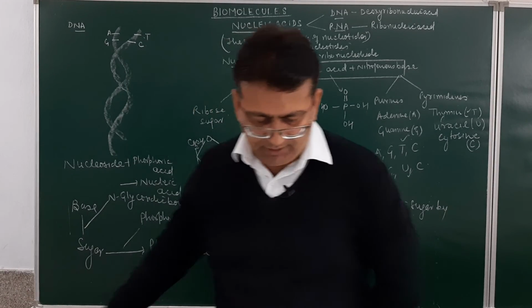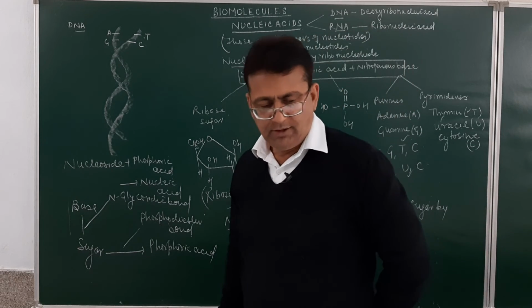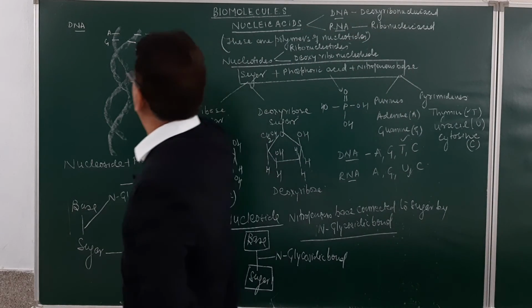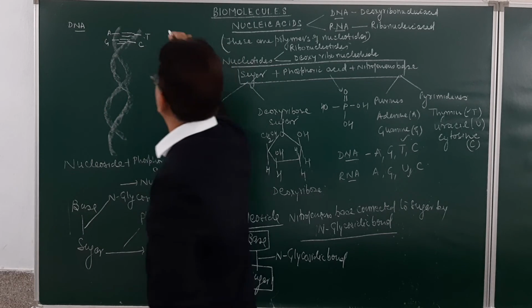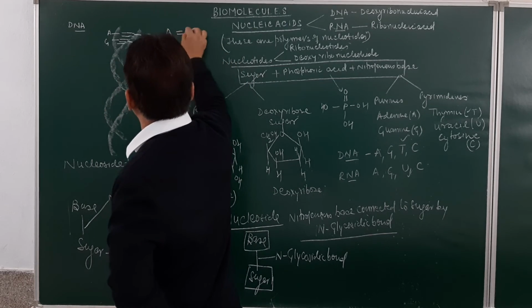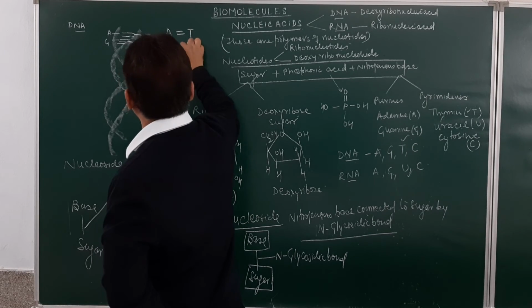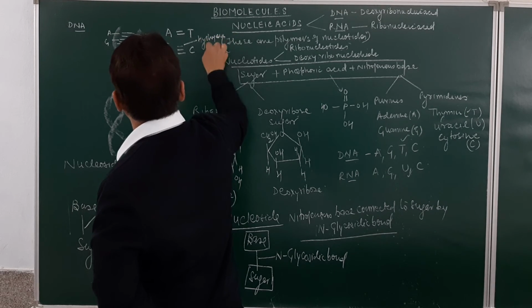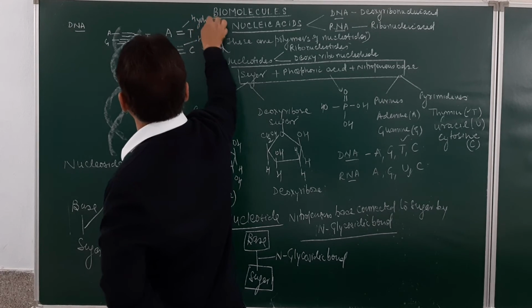Adenine and thymine are connected to each other by double bond. Just see over here, this will be linked to this by double linkage. And guanine and cytosine are linked to each other by triple bond. So you must remember A is to be linked with T, G is to be linked with C. And this is a hydrogen bond in this. This is a hydrogen bond. Am I clear? This again will be a hydrogen bond.